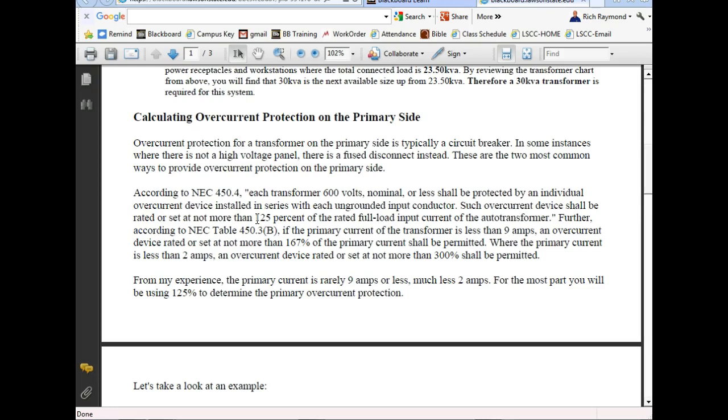an overcurrent device rated not more than 300% of the permitted current. So that means the smaller the current rating of the transformer, the bigger the fuse that you're allowed to put in there. So since ours is sitting out there at 932 microamps, yes. 300% means you just multiply it by 3. And then usually we would round down to the next standard value. That makes sense? Yes or no? Because fuses come. So I would take 93 microamps